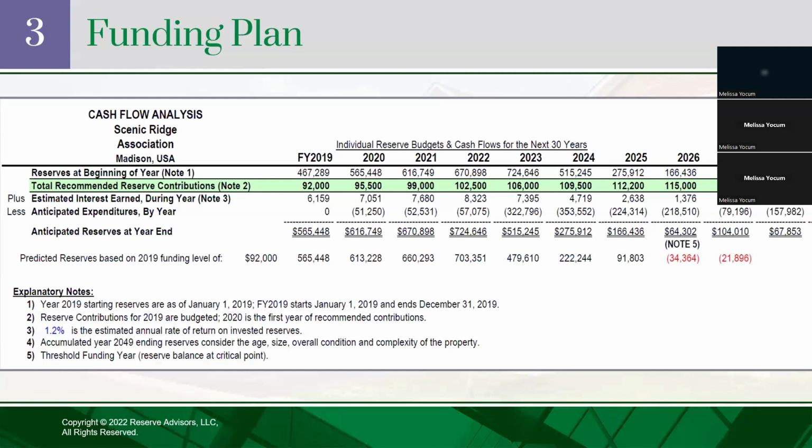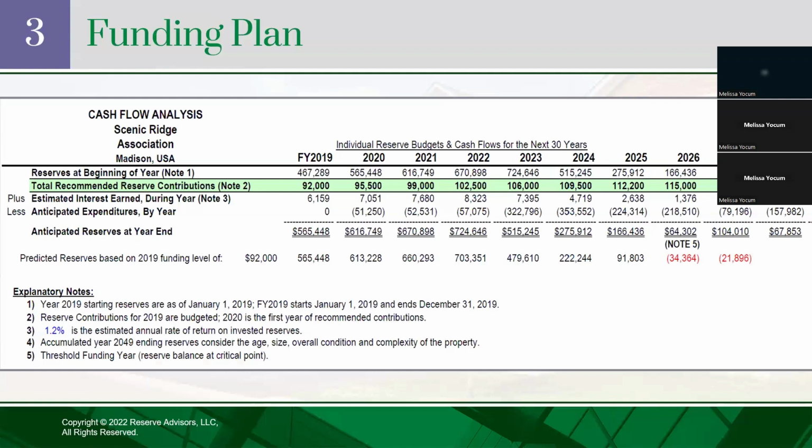So in this instance, the reserve study does cover 30 years, but they have a couple years here from 2023 to 2026 where they're spending about $1 million. So they're draining that reserve account down to 2026, where their reserve study started at about $500,000. You can see 467,000. They're going to keep contributing, but they're spending as well. So in that critical year, we have them down to $64,000.